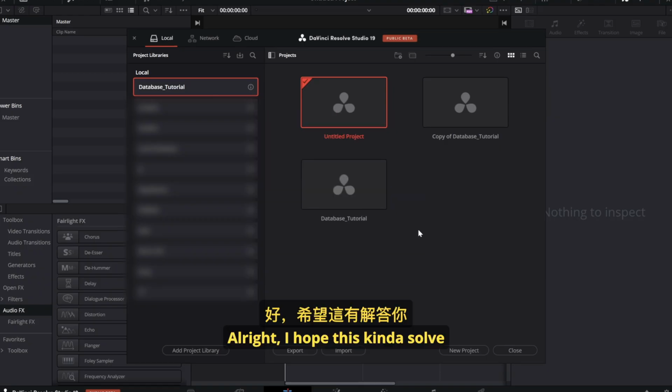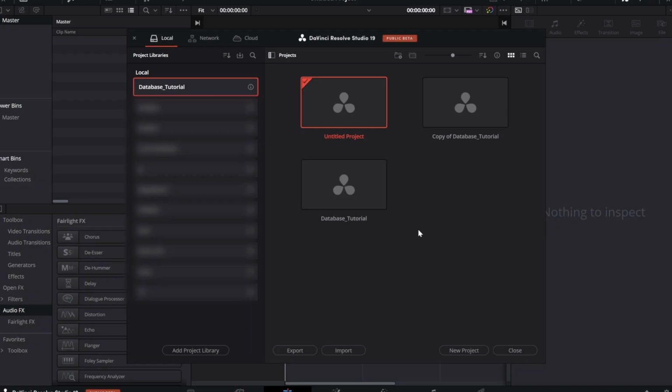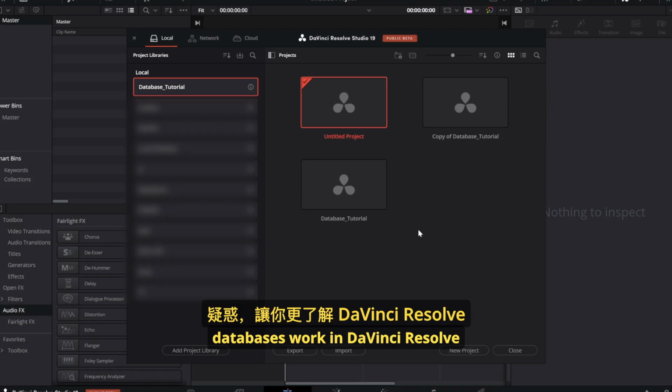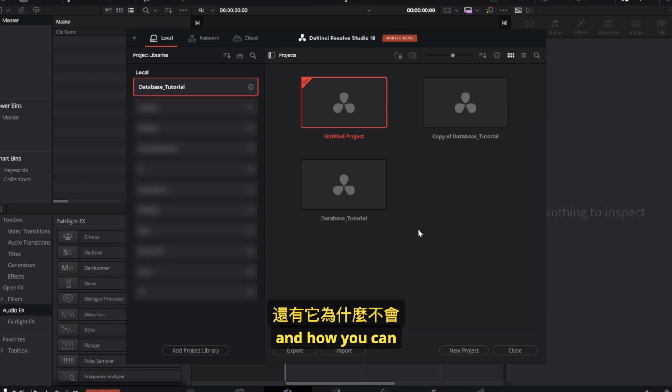Alright, I hope this kind of solved your confusion about how project files, saving, and databases work in Davinci Resolve, and how you can generate a project file even though Davinci Resolve doesn't do that by itself. Yeah, if you want to know how to package all the project together for archiving and transferring, you can check